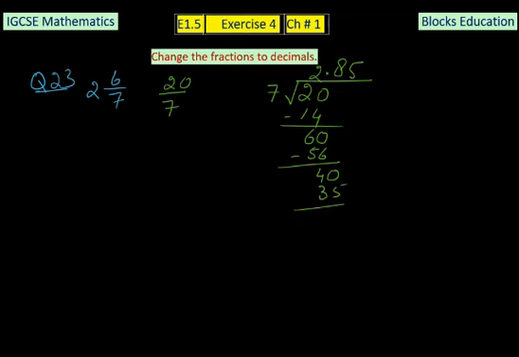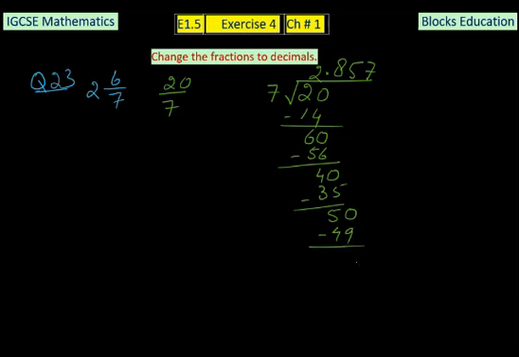Okay guys, you just have to keep on dividing until you see some pattern. The moment you see some pattern repeating, you have to stop. Until now we can't see any pattern. 8 and 5, there's no pattern yet, so just keep going a little bit more decimal places. So 40 minus 35 is 5. Again, 5 is smaller than 7, decimal is already there, put a 0, and then 7 sevens are 49,